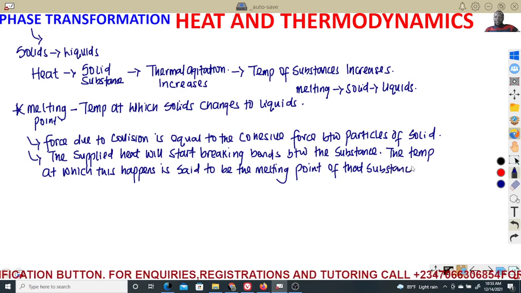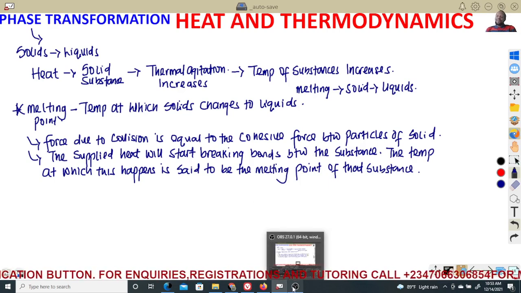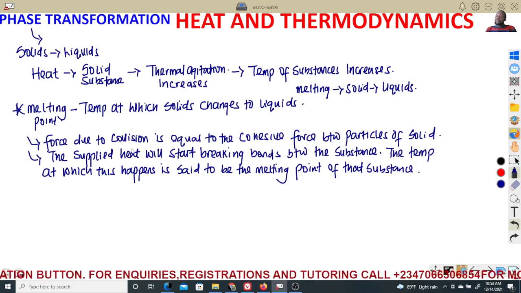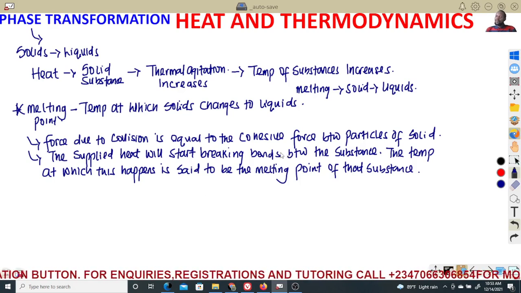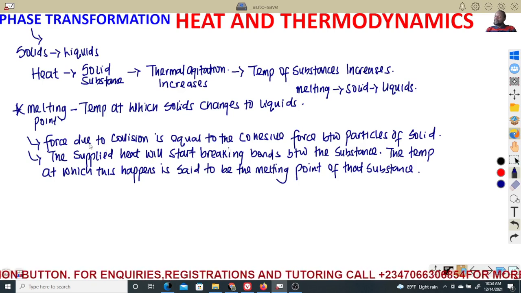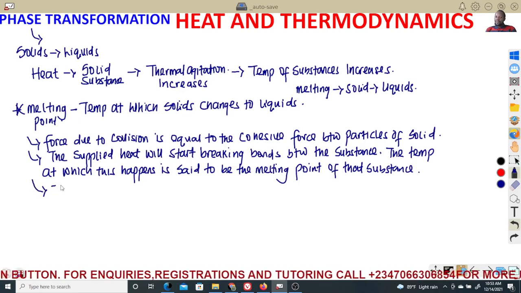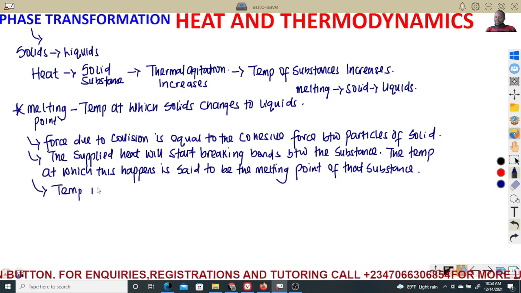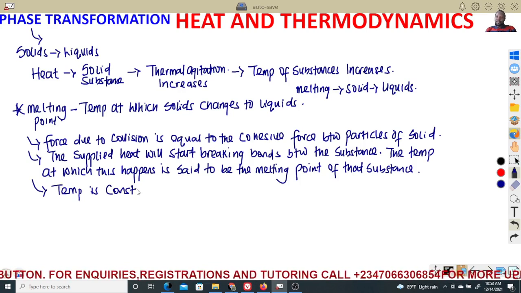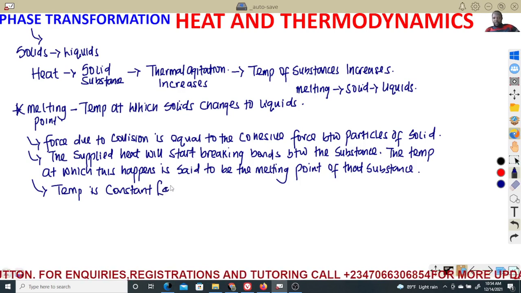So now, the most important thing about this short article I'm trying to write is for you to understand that when substances melt, you need to keep it at the back of your mind that the force due to collision is equal to the cohesive force. And when that occurs, during the process as the body starts to melt, there is an equality between cohesive force and force of collision. And at this point, because they are equal, the temperature is constant. Temperature is not changing because cohesive force is the same thing as force of collision. So during melting, the temperature is always constant during